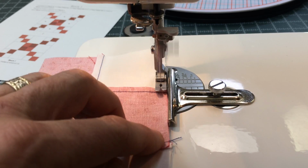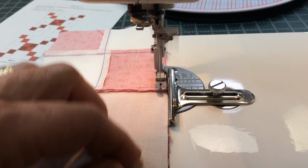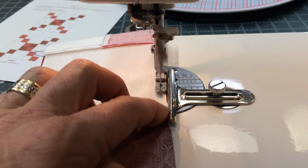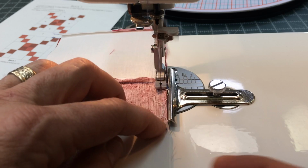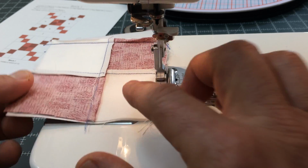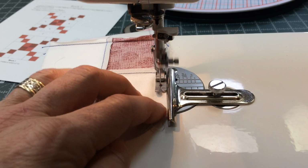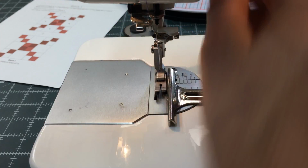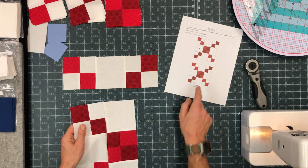Take your time, don't get in a rush. This is where the accuracy will really show up nice. Make sure you're leaning towards Team Tiffany at this point so that you have a beautiful quilt top as it finishes. I believe this quilt will finish about 62 by 70, and you will need a total of 15 of